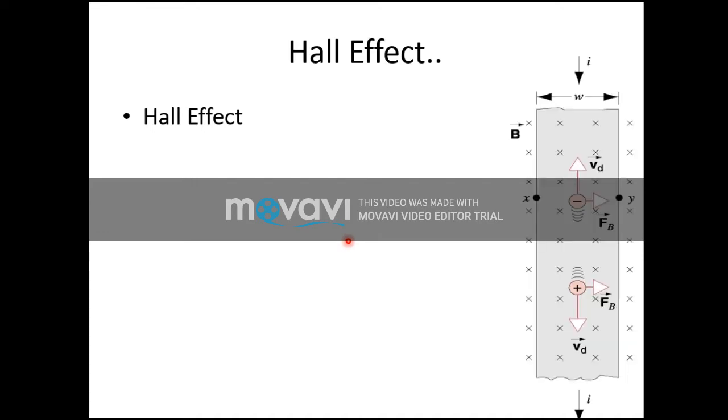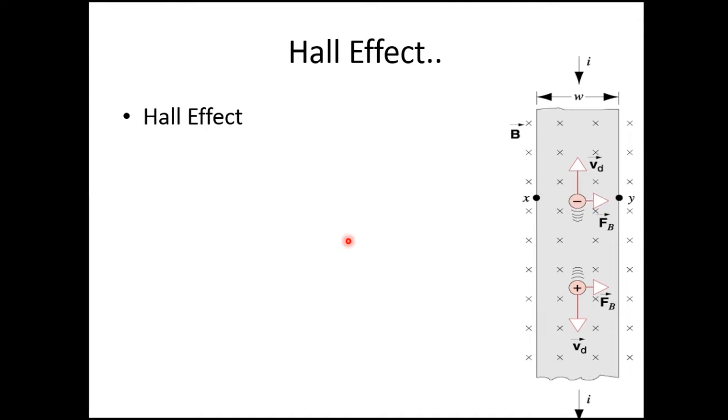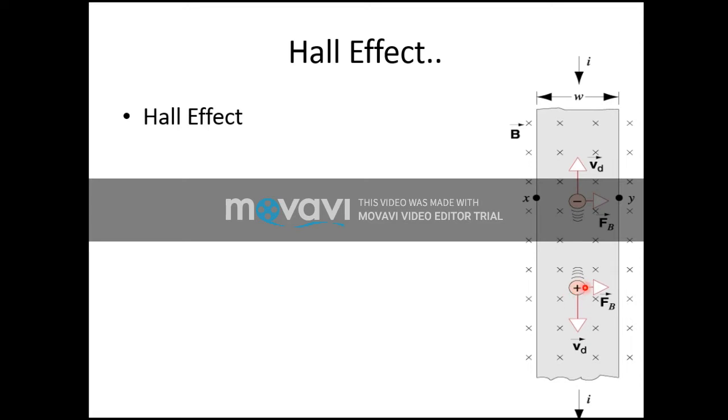Let us move on to the next slide. Let us try to go into the details of this, but as I told you again, suppose we are having a slab of a metal or a semiconductor in which we are having electrons over here, and you can see we are having the positive charge carriers. They can be holes.